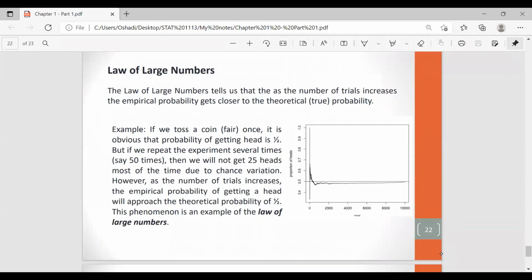So when we toss a fair coin once, for an example, getting head is half. We know that according to the theoretical probability, the probability of getting head is half, right? But when we increase the number of trials,